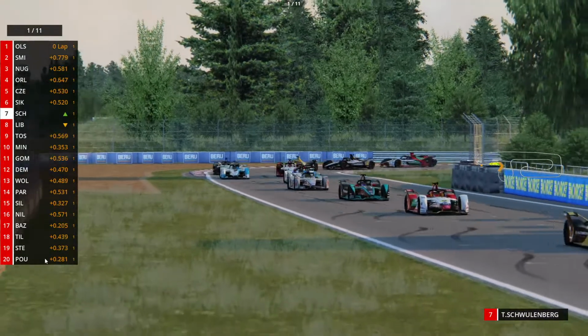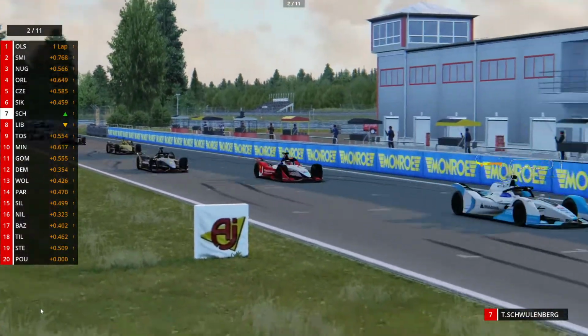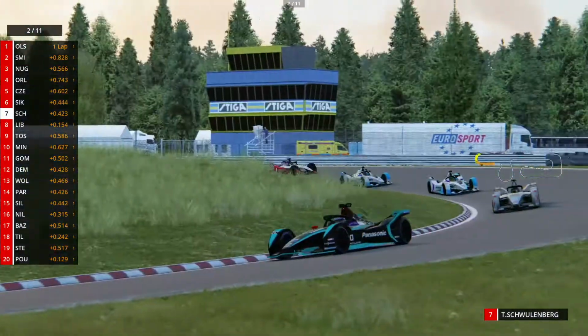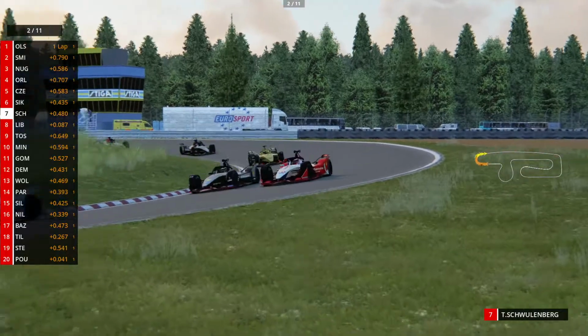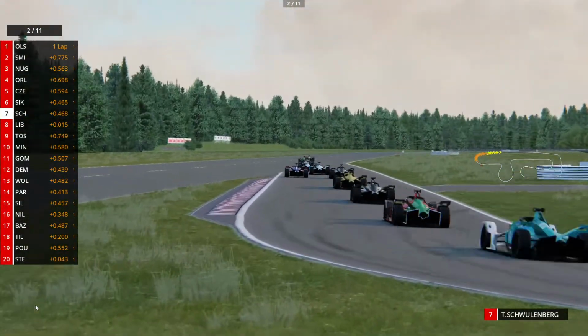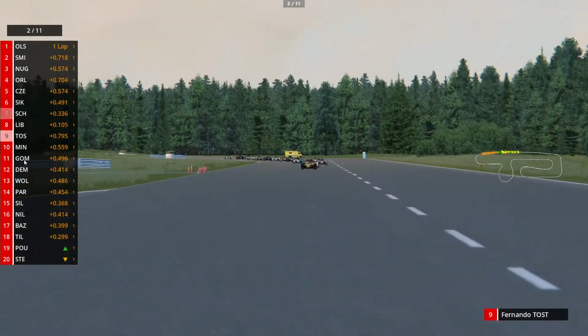As there is Tobias Schwulenberg. He's trying to get the other end ready of Sikorski there. And yeah, bad start for Schwulenberg as well. As no, there is Erika Hanebusa trying to send it down the inside of Tobias Schwulenberg. Can Schwulenberg hold it on? And we're going to see as they're side by side coming down the flight straight onto lap 2 of 11. We're going to see if